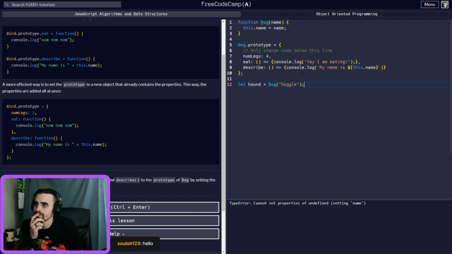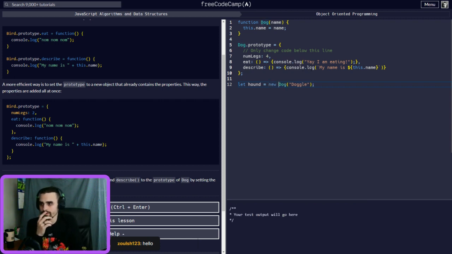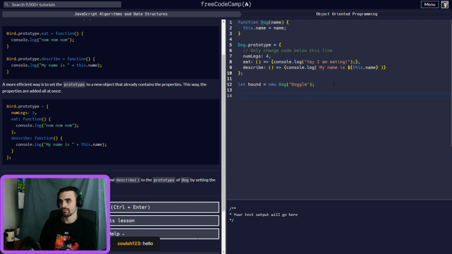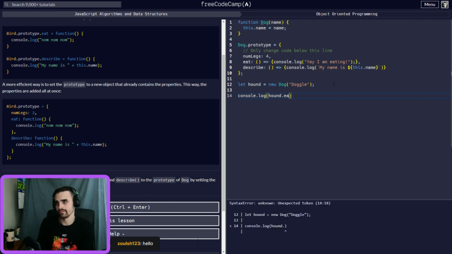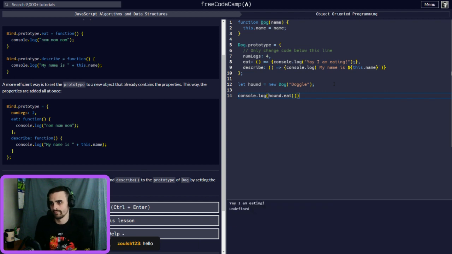Oh, we have to do new to create a new instance, right? And now we will do console.log, and then we want this hound dot, so now call the eat function. See? Undefined.